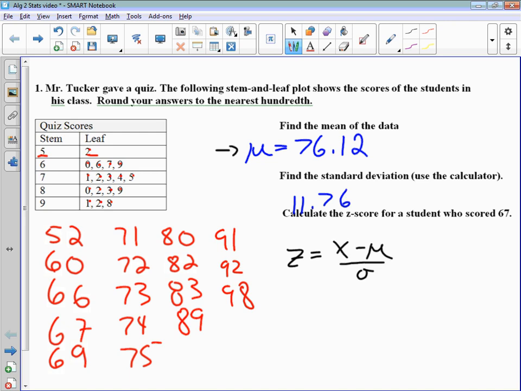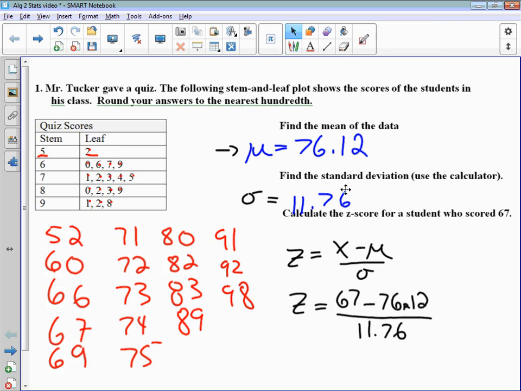Mu was the mean and sigma was the standard deviation. So to find the z-score for a student who scored a 67, we'd go 67 minus 76.12 divided by